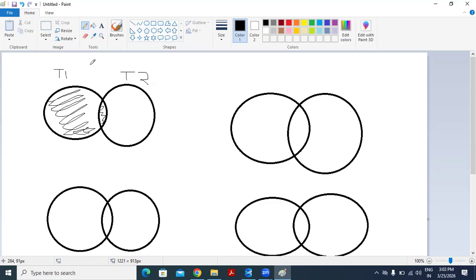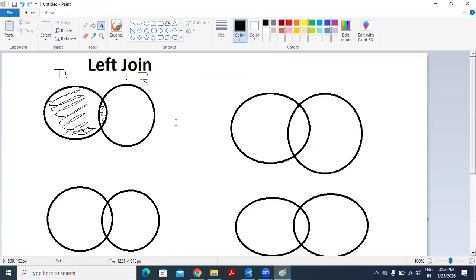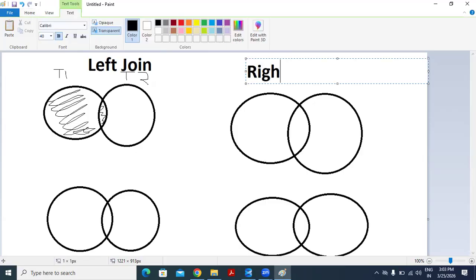So let's understand it. This is known as left join. In left join, you have to take all the records from the left hand side table and the matching records from both the tables. And let's understand right join. Let me write,